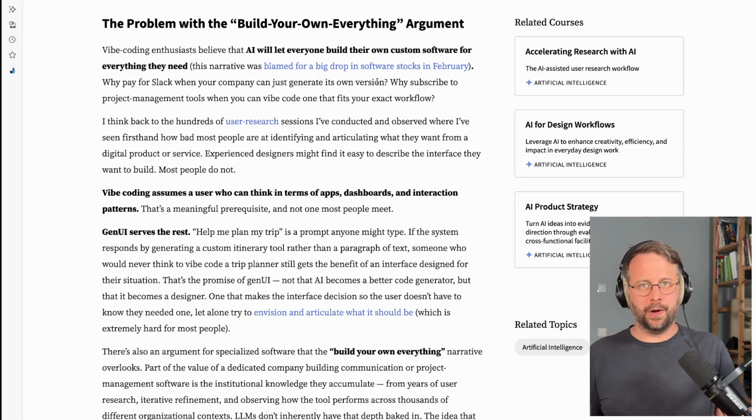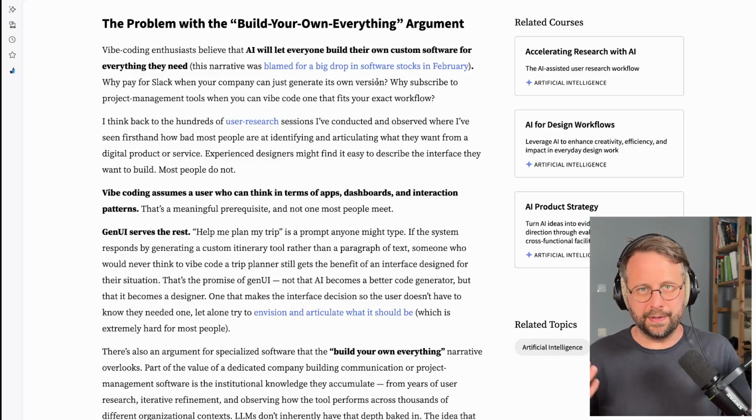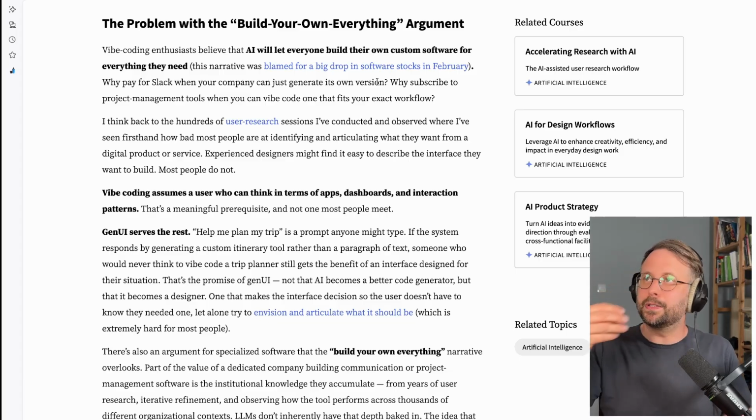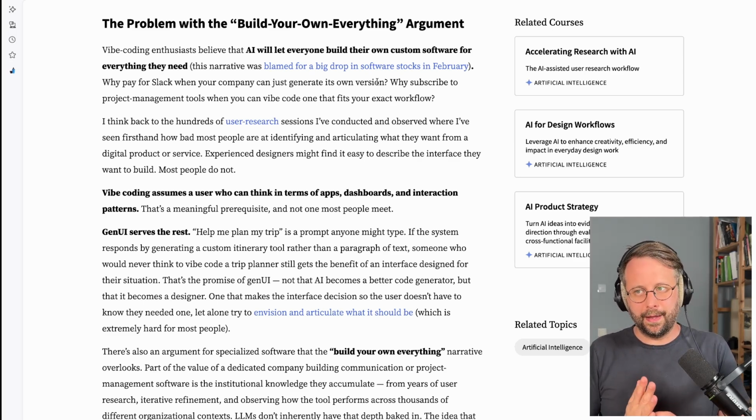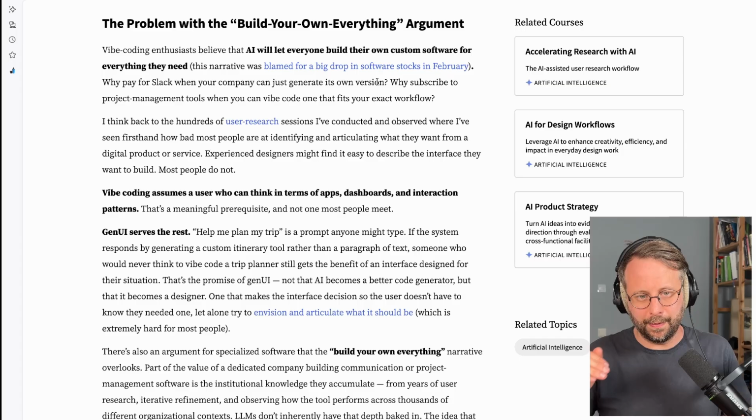And I agree with this. Most people don't know how to build software or define software. But I think there's also a third level, which is the sort of technical side of this, where it's not easy for people to ask for the right levels of security or data integrity for something.